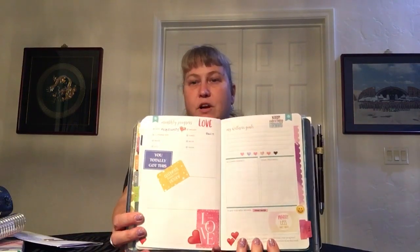So let's fast forward to a month that we are not in yet. This goes up until February. So here you can see the blank February because obviously we're not in February yet, but I decorated the page with motivational stuff and seasonal stuff and just added a little washi on the side. So that's what it looks like before I fill it in. And then the weekly stuff,